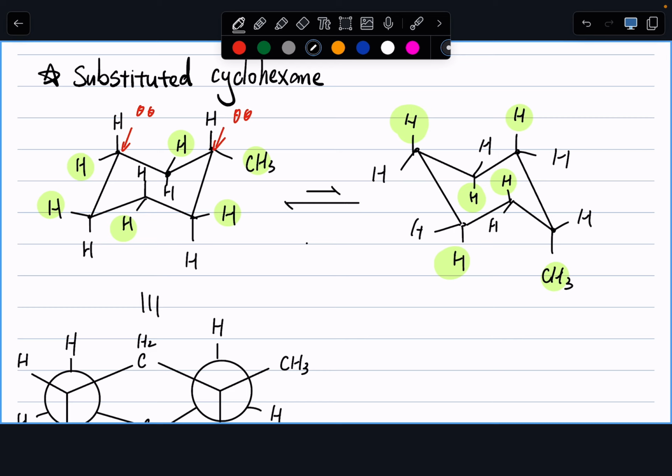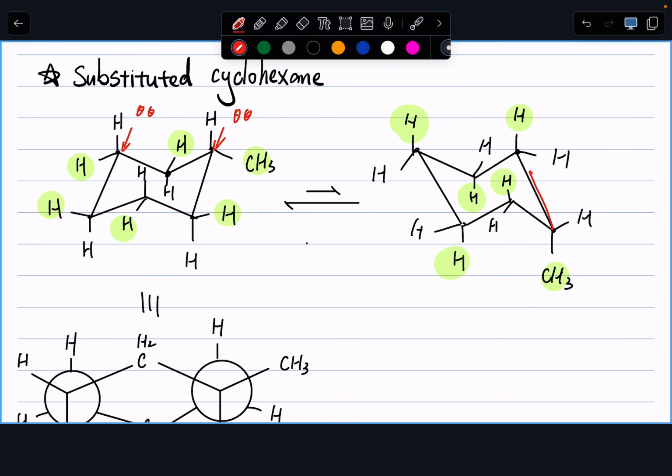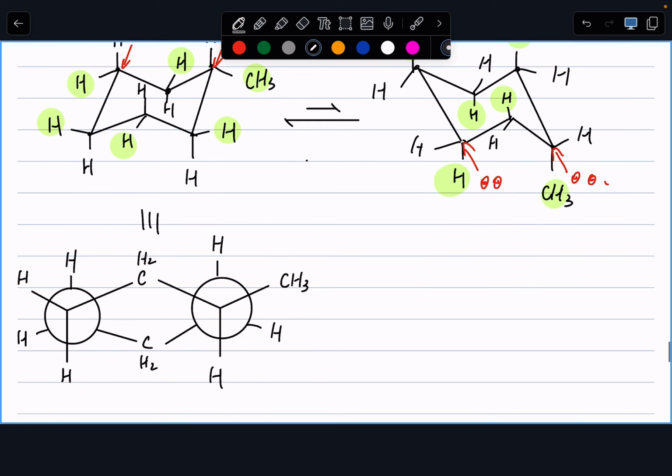And what about the Newman projection? Now I'm looking through this chemical bond here. Again, the two chemical bonds I'm looking through are here. In the exam, I might give you which bond you're looking through and ask, can you redraw that chair conformation into a Newman projection? And what does that Newman projection look like? Well, on the right-hand side,